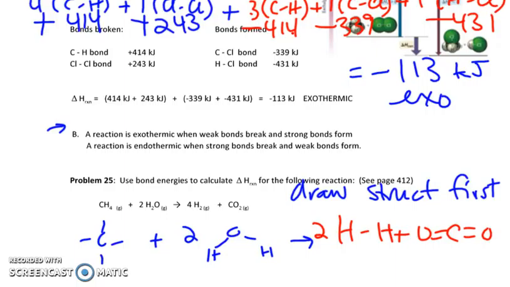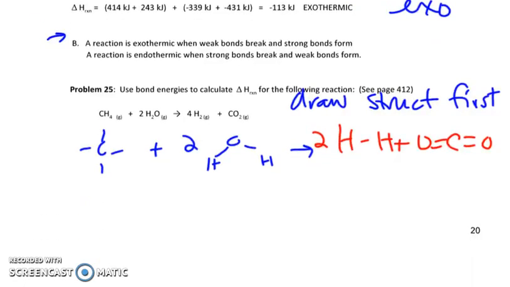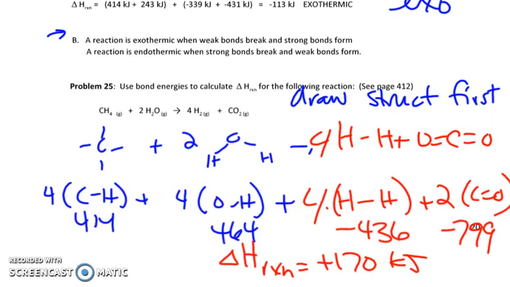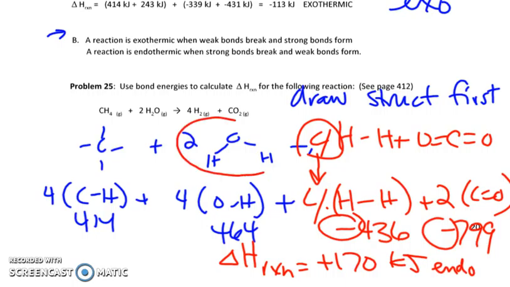Okay, go ahead. I'm running out of time here, so try this on your own and check. Another 30 seconds. Pause this, see how you do. Okay, I hope you found that I made a mistake here, so I fixed it. When you do the math, remember to get the negatives here. When you put it all together, you end up with a positive 170 kilojoules, and it is endothermic. The one thing to make sure you know is why I got 4 of these bonds: because you have 1, 2, and one water molecule with two water molecules. That's why that was a